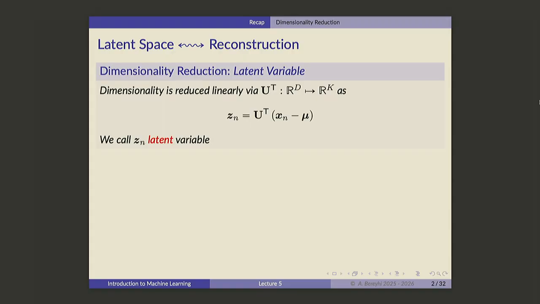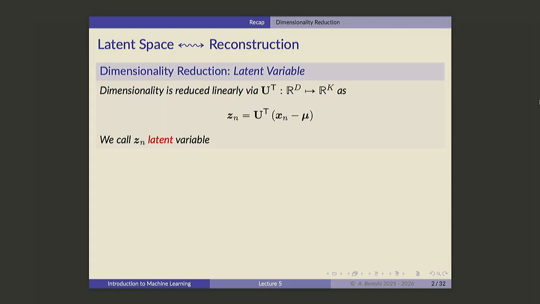You get x, you subtract some bias, which is not an important thing. Then you project it using u, and this u projects your d-dimensional vector into a k-dimensional vector. This is the way that we compute z. We call z the latent variable. Why latent? Because you assume x has a small representation, which I cannot see or understand directly, but somehow it contains all the